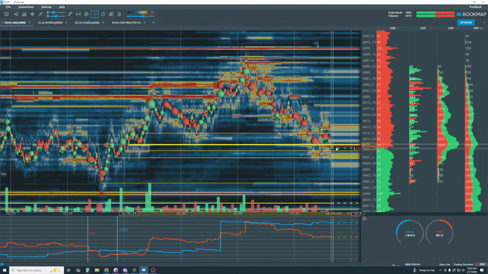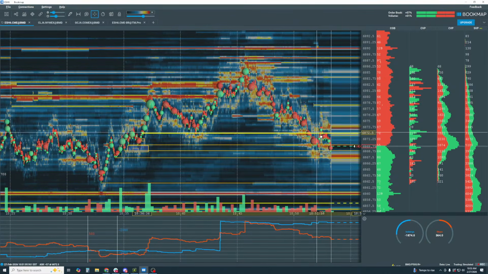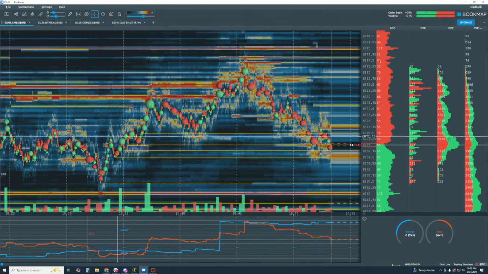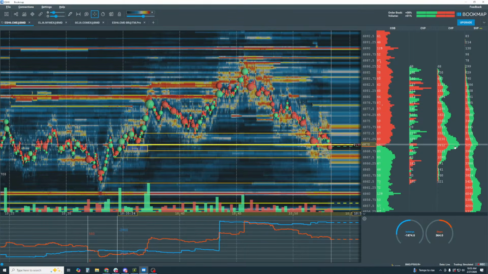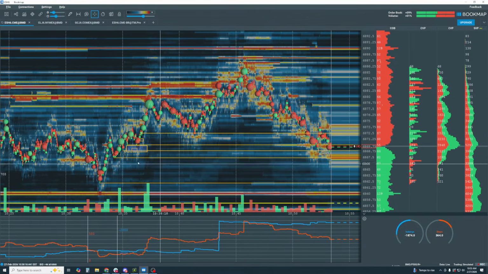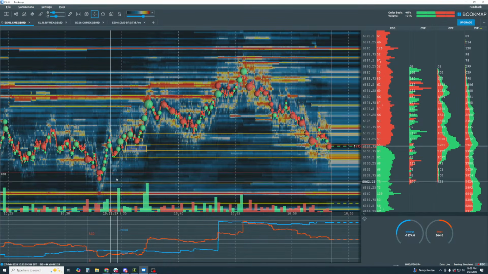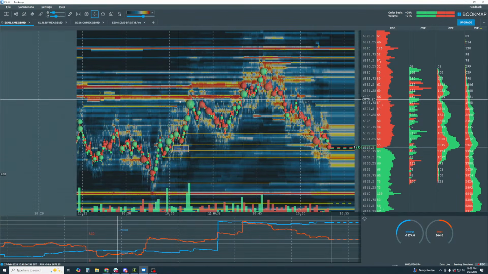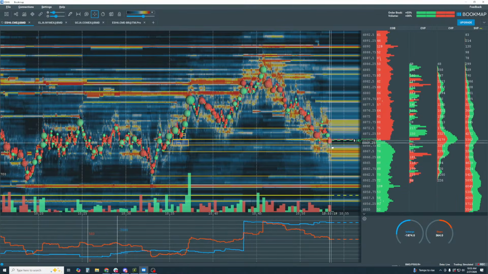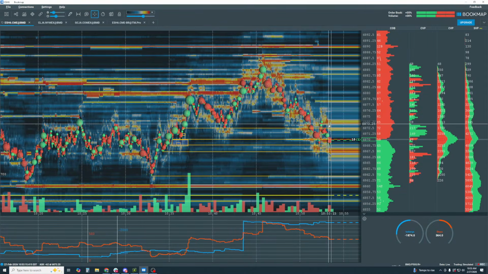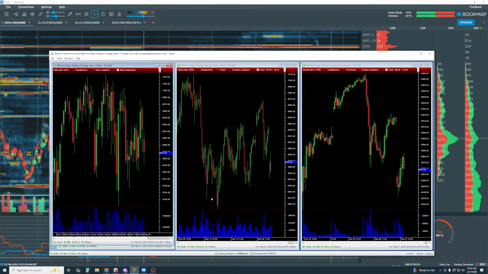Okay, here we go. More sellers. All right, so now can the sellers drive it through this area here and back down to here, like this, next swing here, 67, or maybe down to 62? Okay, now let's take a step back. I like this idea. Let's look at our bigger picture here. Okay, so here's our